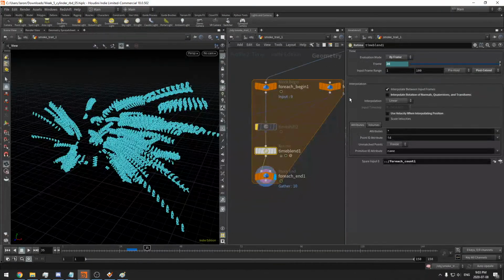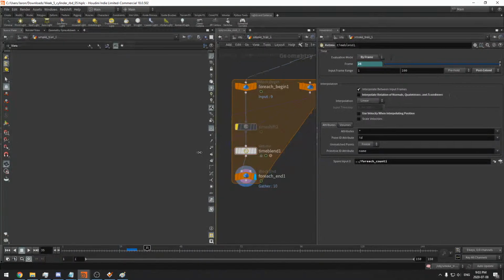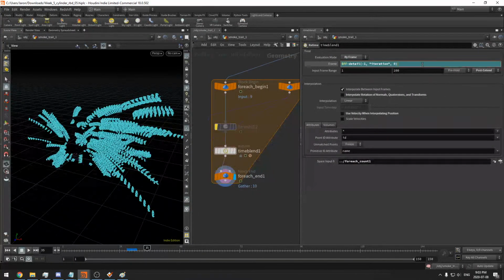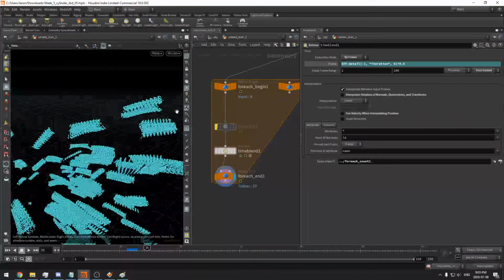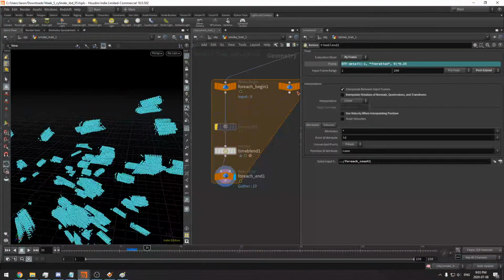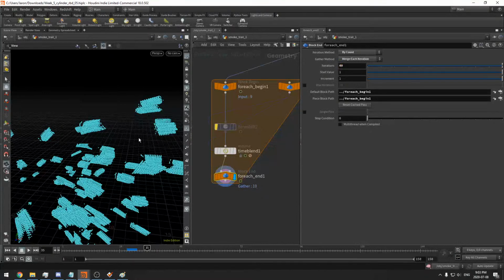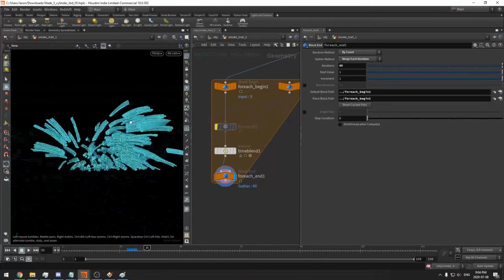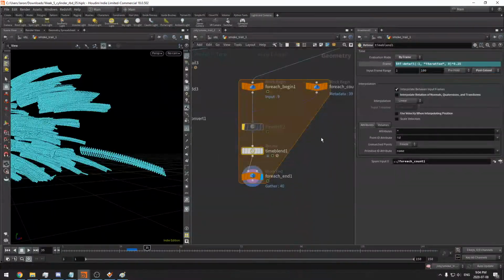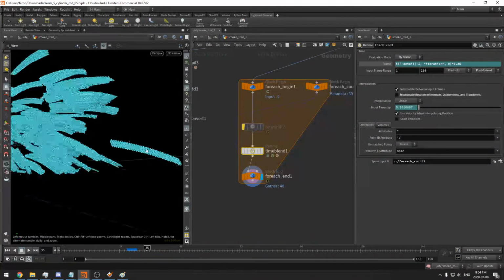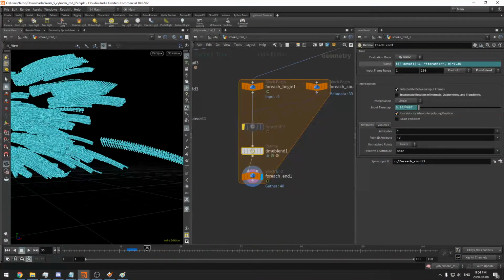But what I want to do here is interpolate it by half. So if I then say times by 0.5, ideally it should now be interpolating it properly. And it technically is. So I'm going to say 0.25, and then I can raise it to about 40 frames, and that's giving us very smooth results. It's a time blend, and the time blend does like to interpolate. We can use the velocity to interpolate as well, which may be a good idea. I am not too sure,